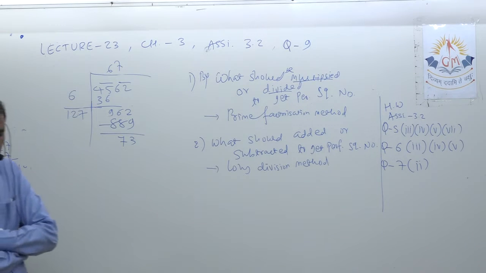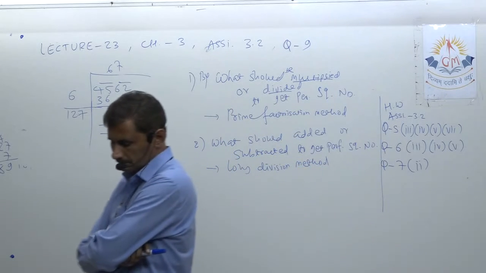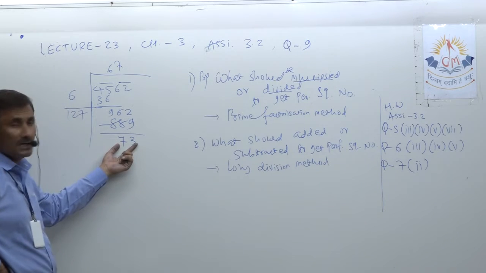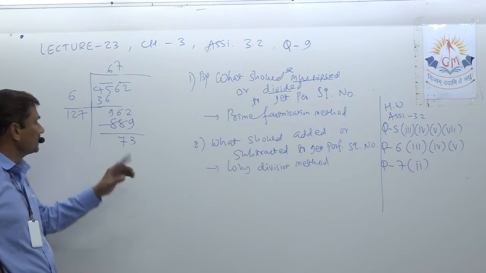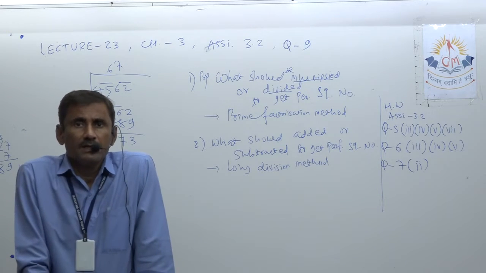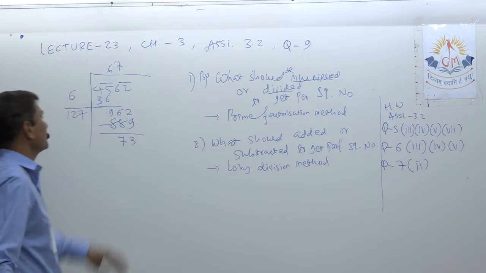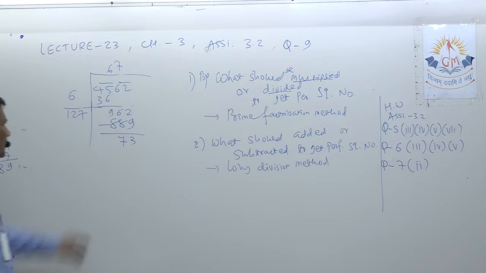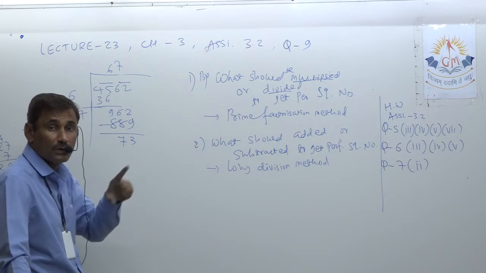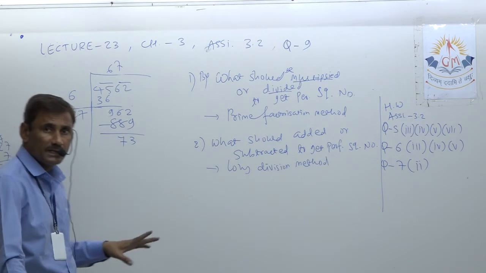Now look here carefully. How to understand it? 73 left extra. So either we should subtract this 73, or otherwise we have to add something so that we go to the next number. Okay, now it is over. 73 is remainder. Don't go in the decimal point. So don't get extra zeros like that. Okay.